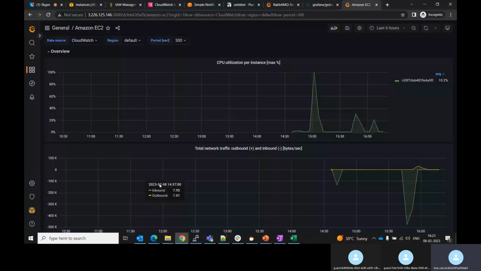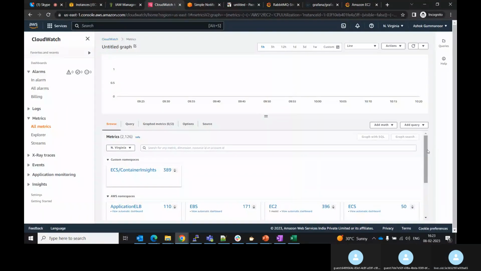We just want to have a good UI to see the logs. See how exactly this is looking. And if you go to the CloudWatch and see about the CPU utilization log,